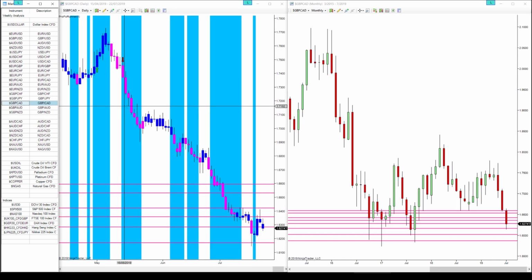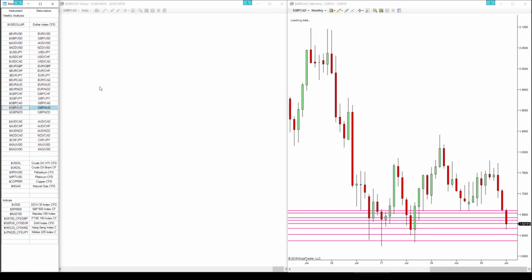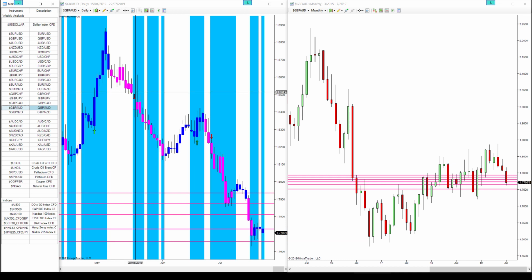And again, pound CAD here also looking nice, very nice sell signal heading back to May as well, and also generally producing lower highs and lower lows on the monthly, but you can see it's heading into some strong historical support levels. So it is going to be very interesting to see how the market reacts to that, because it is certainly testing the limits of the historical support levels.